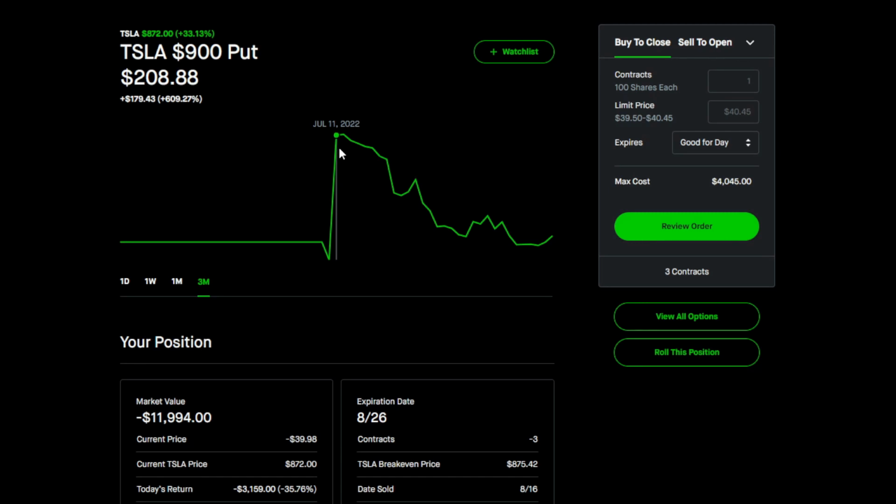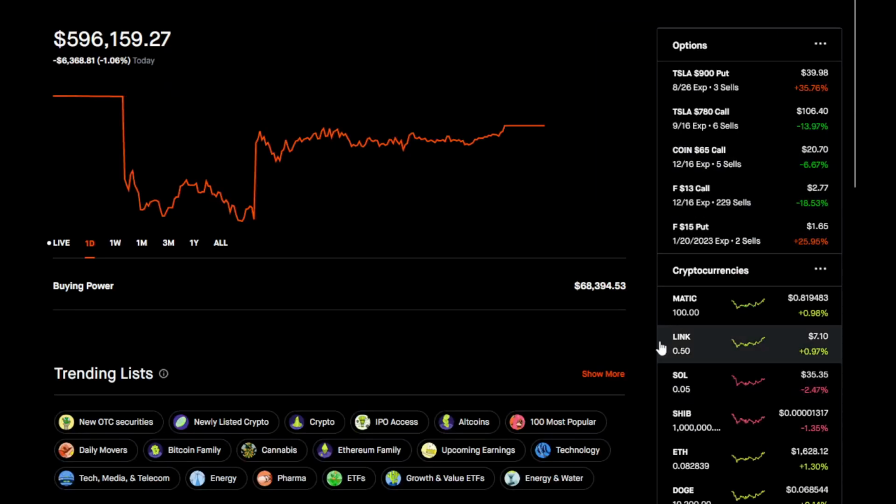You can make a ton of money with these, but unfortunately, if it does start going the wrong direction, you're going to lose all of your capital that you put in. So it's high risk, high reward, and unfortunately, it's going to cost me on the portfolio. I can still save this contract, or I can still save this trade. It's just unfortunate because I'm going to be losing a lot of money in the short term,